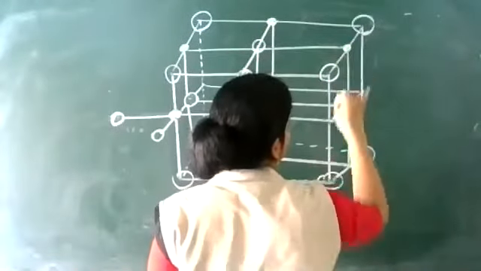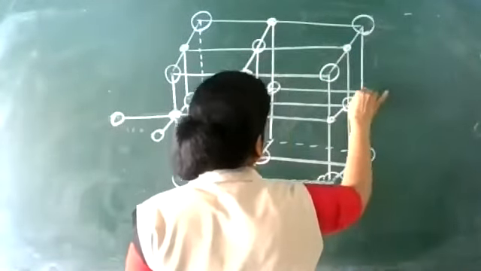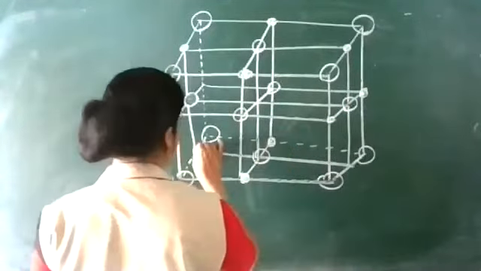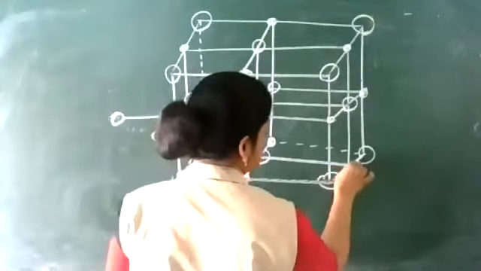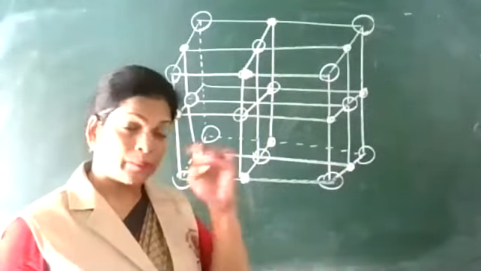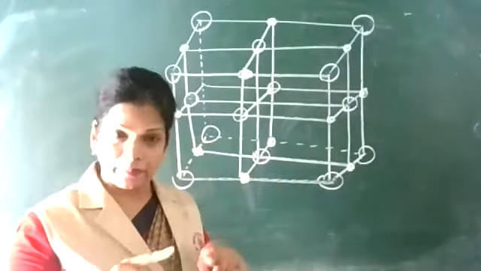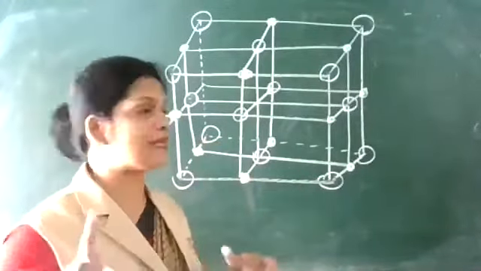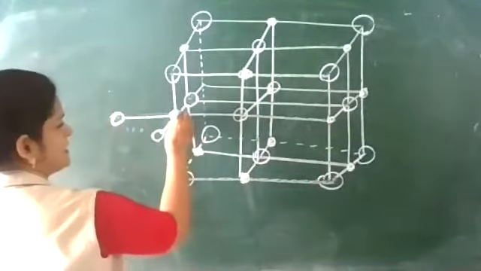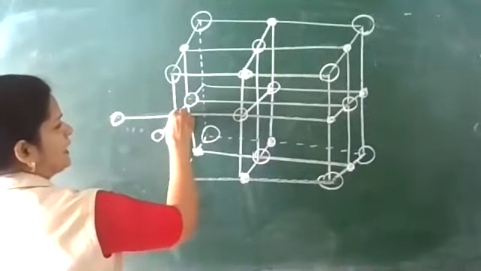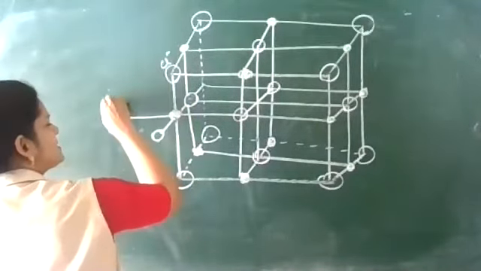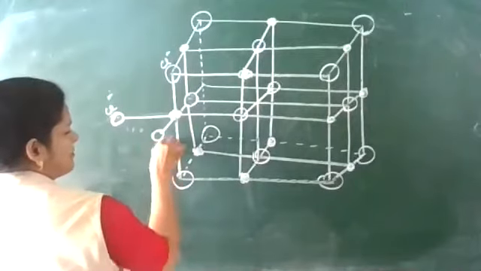All the edge centers, this edge center, this edge center, all edge centers, Na plus. Na plus is in contact with Cl minus. Between two Cl minus, one Na plus; between two Na plus, one Cl minus. So this is an Na plus. I can consider this is in contact with say this Cl minus, Cl minus, Cl minus, Cl minus,